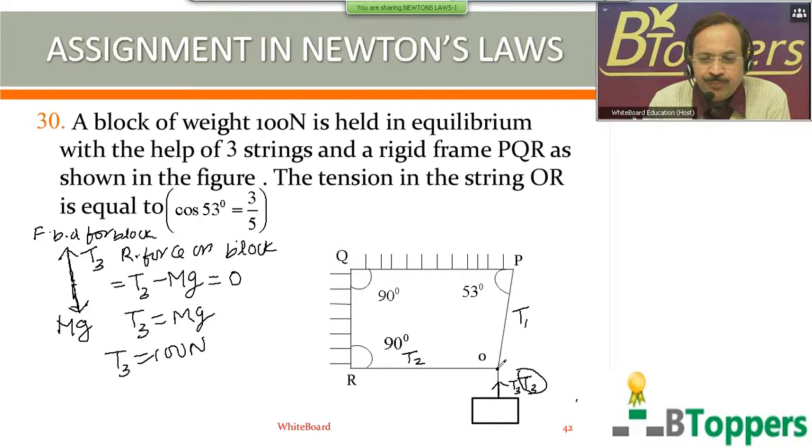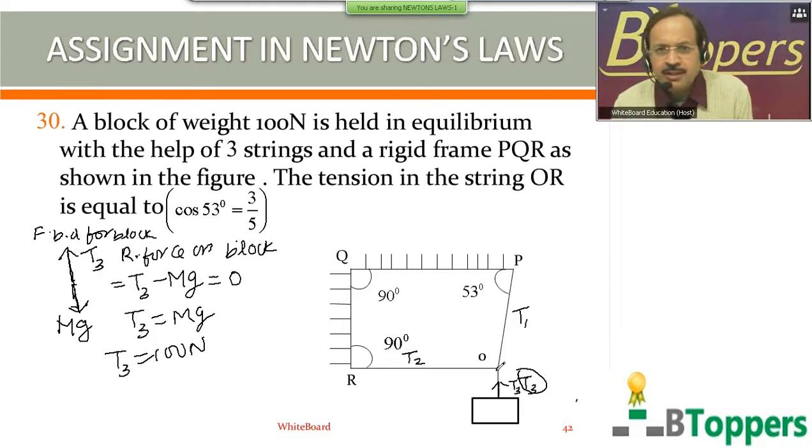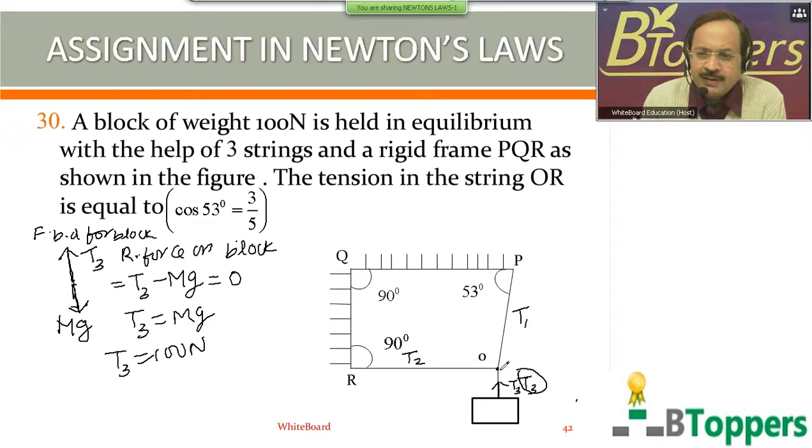That means the particle at the point O, common to all three strings, or the knot. I consider the free body diagram for the forces acting at O. The tension force exerted by the string always acts along the string. In general, the tension force exerted by the string on a particle acts along the string and away from that particle. So there will be three tension forces.